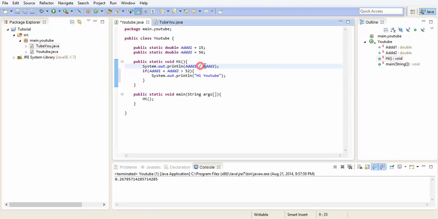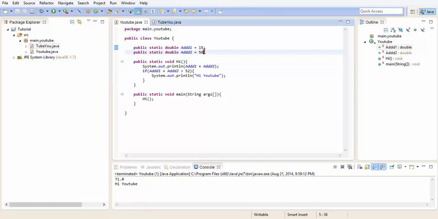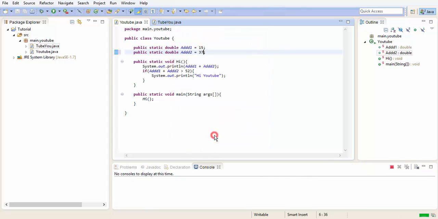Alright, so now let's change this back to plus, and now if we run it, it's 71, and it's going to say hi YouTube. Now if you have a double, it's always going to do the .0 on there, on the little decimal. That's just something to know. So it's going to say hi YouTube. If you change this to, I don't know, 36, then it's not going to say it because it's one under. But if we do, or let me just say, if it's 37, so it's exactly 52, it's not going to